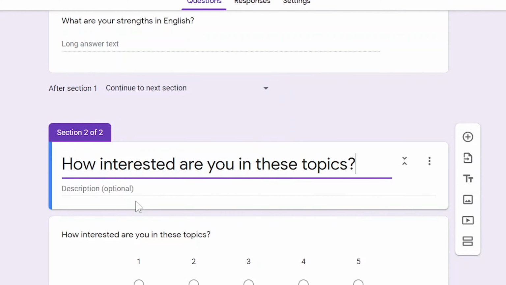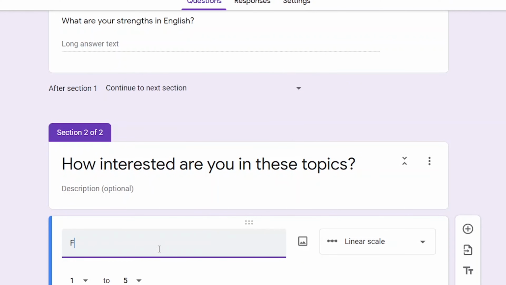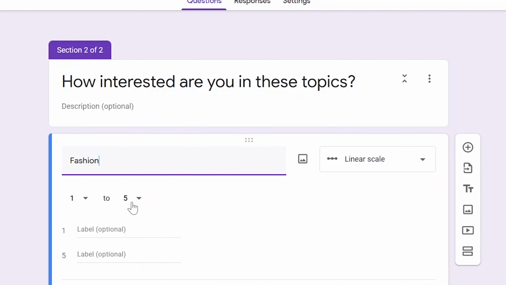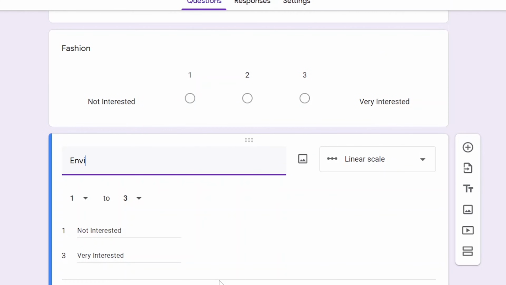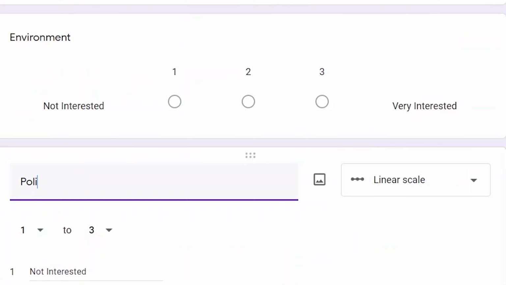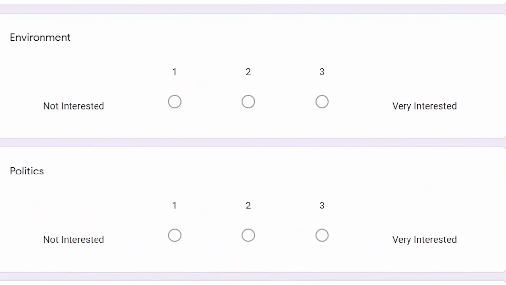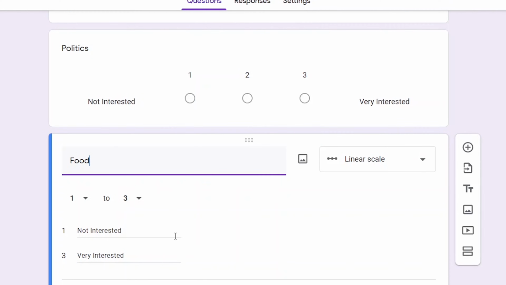In the same needs analysis document, you're going to have a second section which is about what the student's interests are. Create a list of topics, anything from sport, music, technology, fitness, fashion, anything you can think of that the student might be interested in. And then ask the student to grade each topic from not interested, interested, or very interested. Go through each topic with your student and decide what they're interested in and what they're not interested in.